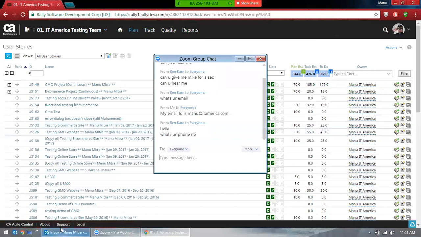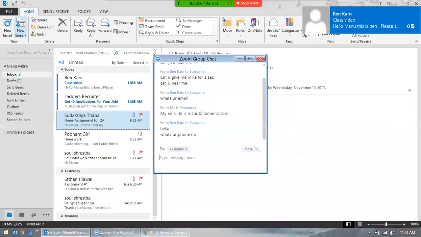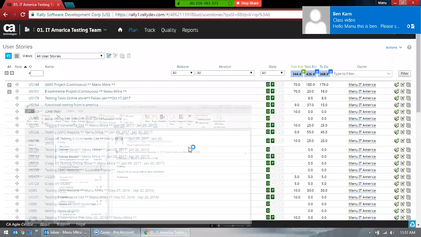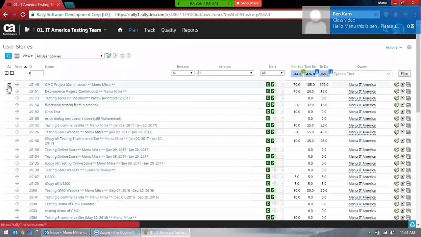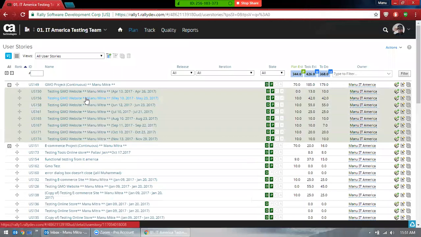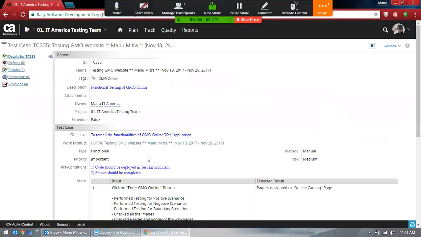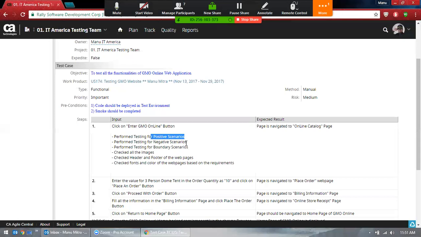I have one last question. Yeah, sure, go ahead. You talked about the test case scenarios, right? There are only 3 scenarios: positive, negative, and boundary values. Right. Okay, let's go back here. So what was the question again? There are only 3 that we'll be talking about: positive scenarios, negative scenarios, and boundary values.